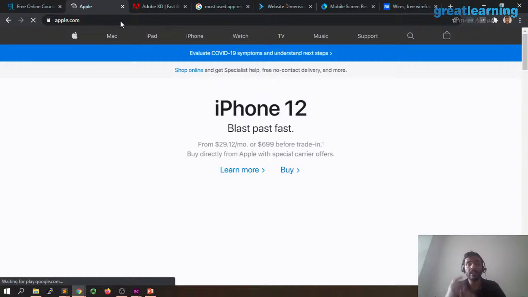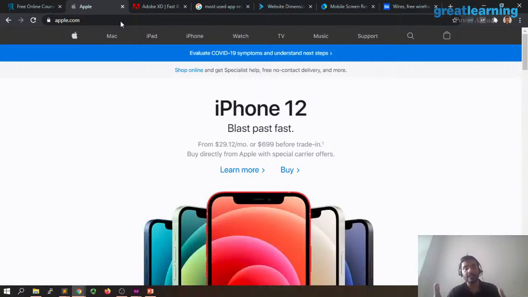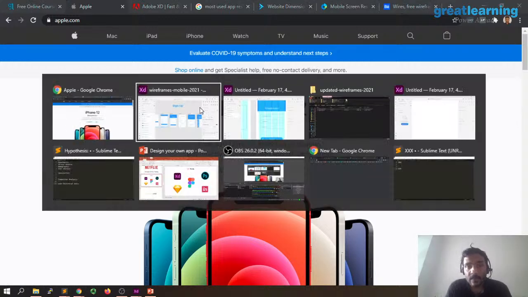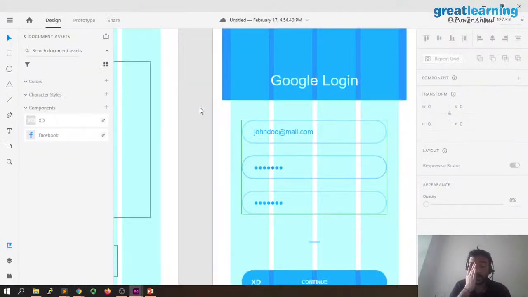Obviously you have to add your own elements. If you are a phone seller, then don't copy this, because they can sue you if they see that you're doing the same exact thing. But if you just take the philosophy, the idea of what they're doing, the whole idea of extrapolating the iPhone 12 thing, you can do it for your specific product. So this is how it works. I hope it helped you guys get a better idea.